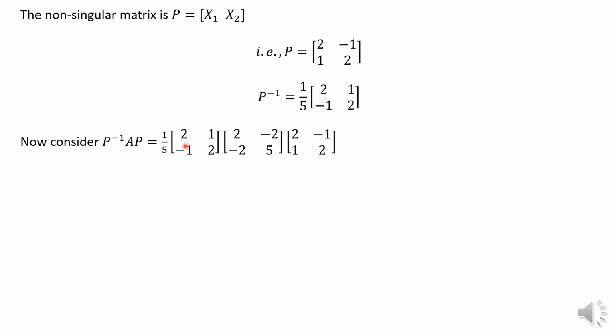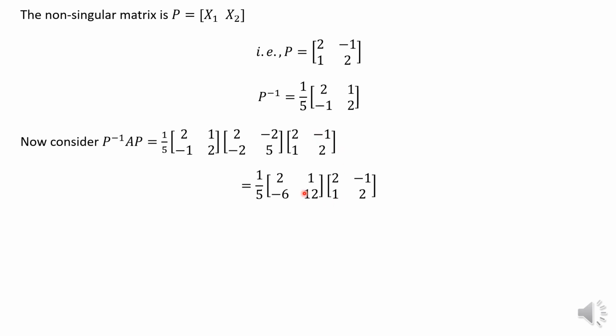Now multiply these three matrices one by one after the other. So we get 1 by 5 multiplying first and second matrix, you will get [2 1; -6 12]. You should know the rule of matrix multiplication. First row into first column, so we get 2 2s are 4 minus 2, 4 minus 2 is 2, and so on, and write down the last matrix as it is.